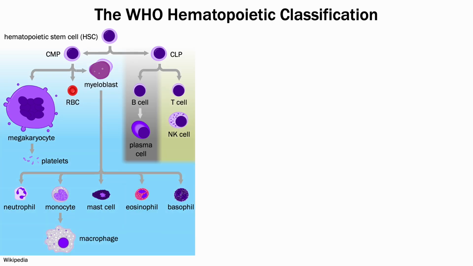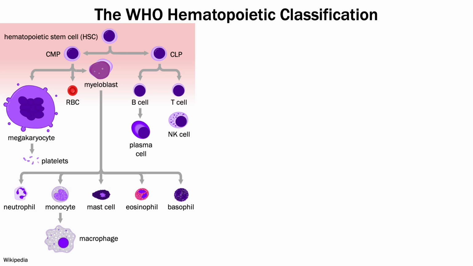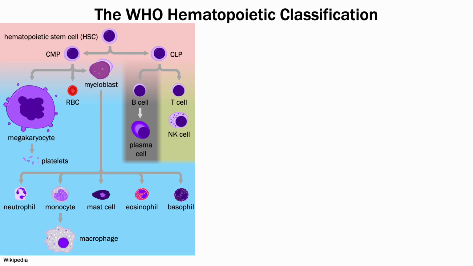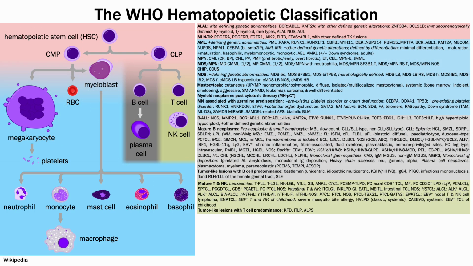All hematopoietic tumors are thought to originate from some normal counterpart along this tree. So they're primarily organized by lineage, either myeloid, which I've shaded blue, B shaded gray, or T in green. But at these early stages, they can be ambiguous, either uncommitted or having characteristics of multiple lineages. So putting these things together, most of the entities in the WHO are organized like this by presumed cell of